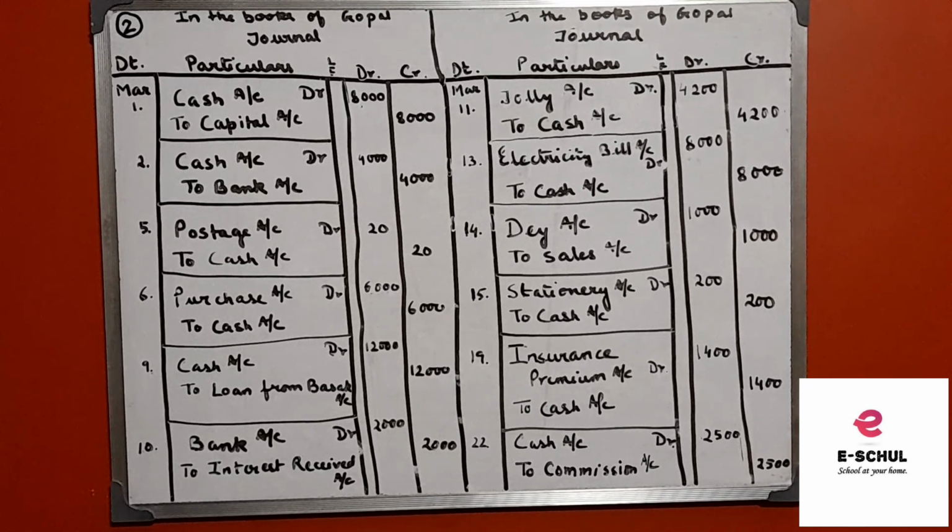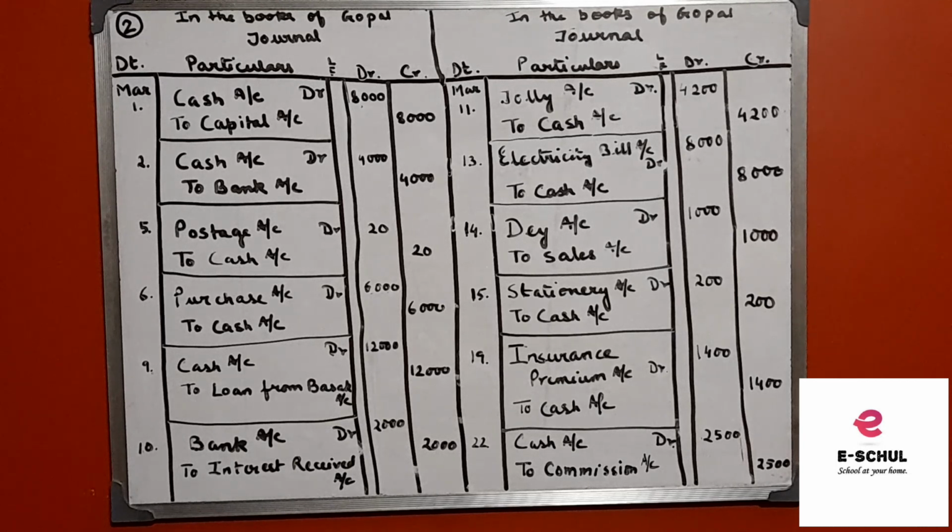Till now in our previous sums, I have shown you that withdrew cash from business for personal use is treated as drawings account debit to cash. But here notice that it is for office use, official use. So you can just write down cash account debit to bank account, or bank account debit to cash account. Either is correct. Next, postage paid 20. Postage is an expense, nominal account. So postage account debited to cash account, real account. Cash is going out because payment is made.